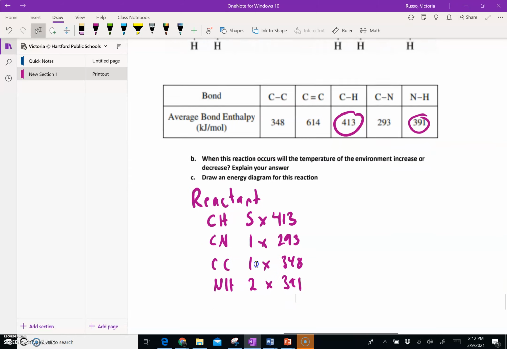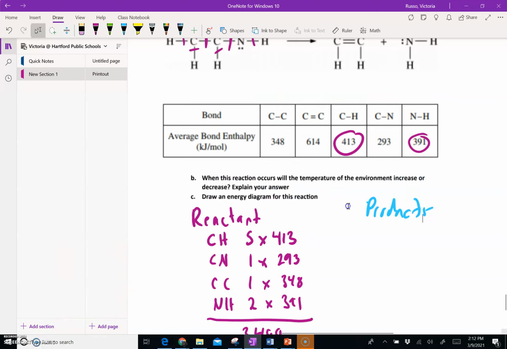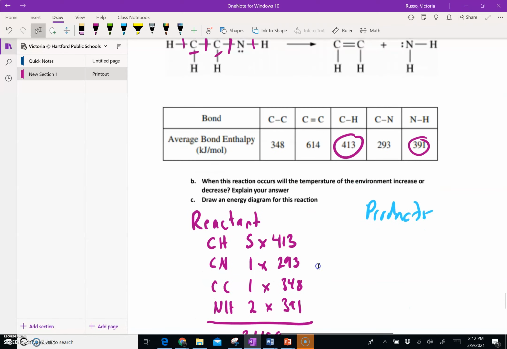And hopefully you can button press correctly. When you put all these things into your calculator, you get 3,488 if you button press correctly. Now I'm going to do the products. Same thing for the products. If we go back up to the products, I see 1 carbon double bond, right here, and that is